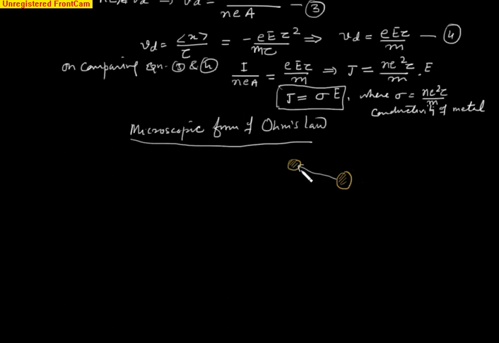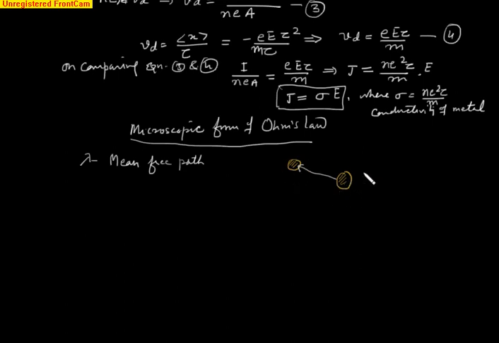But if we find on average the distance between any two collisions, that average distance may be taken as the mean free path, denoted by lambda. That means it is the average distance which an electron travels between any two successive collisions